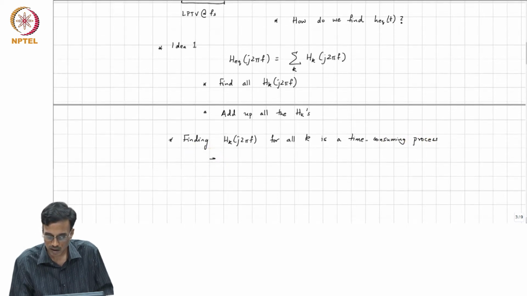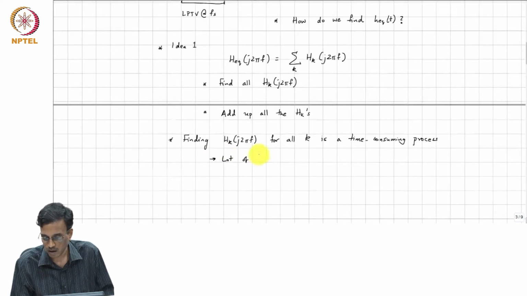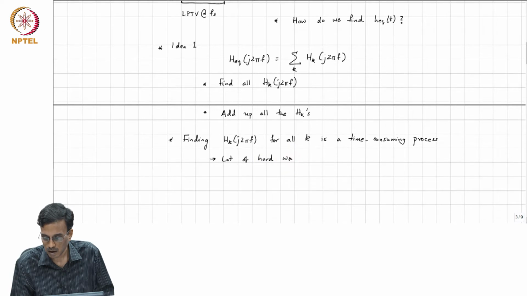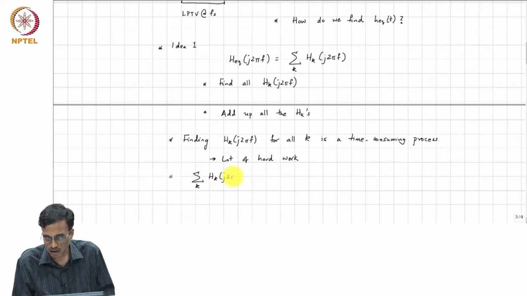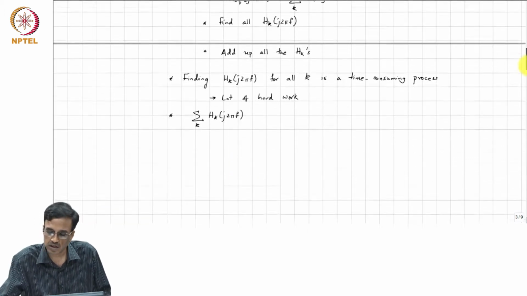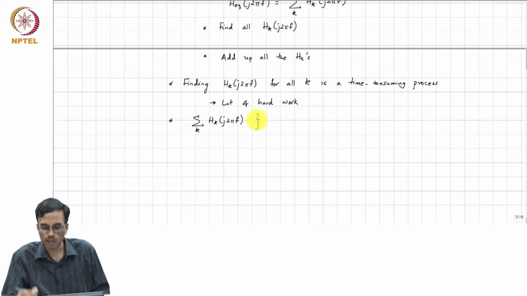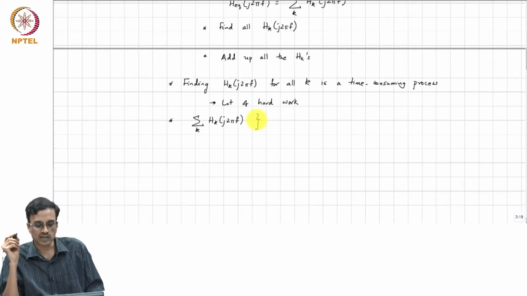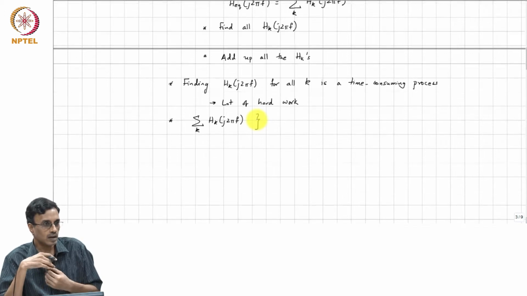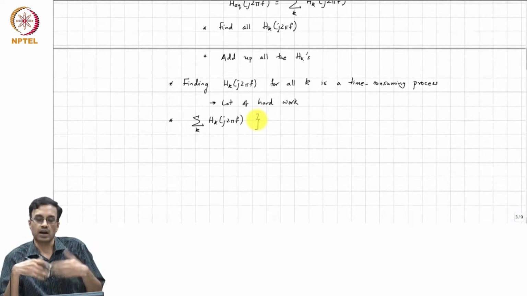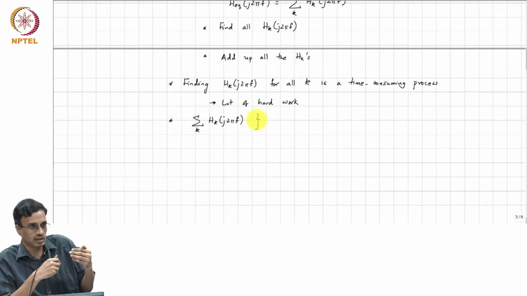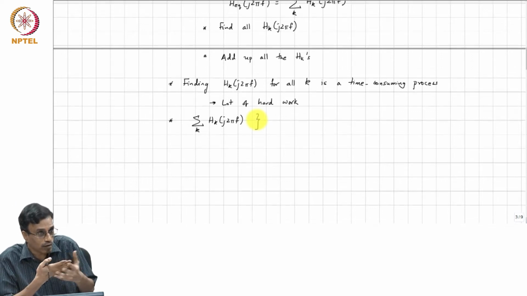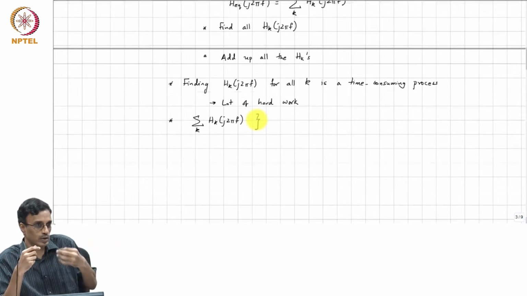So, in other words, you need to do a lot of hard work, right? And then of course, once you find them, adding them all up is easy, right? But what comment can we make about the amount of information in the sum of h sub k versus the information in the individual h sub k's all put together, which has got more information? Yeah. So, basically finding the individual harmonic transfer functions is a lot of work, and you do get a lot of information because you are getting each one of those functions individually, right.